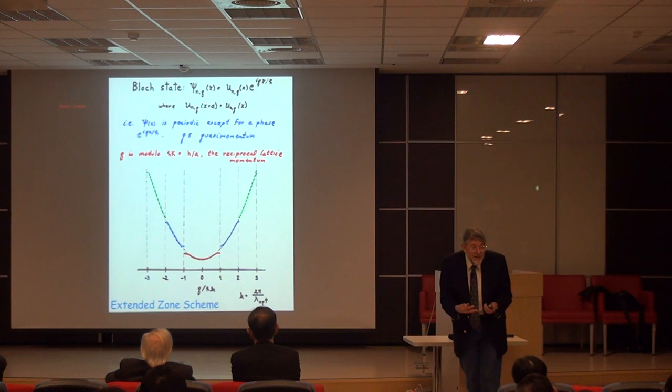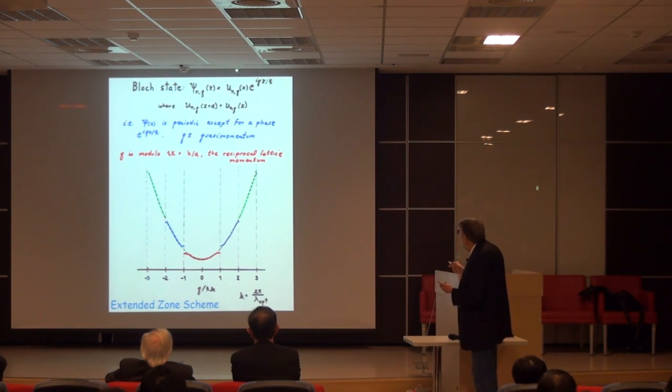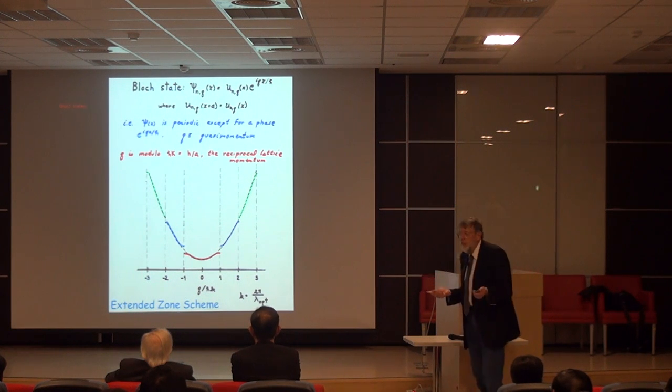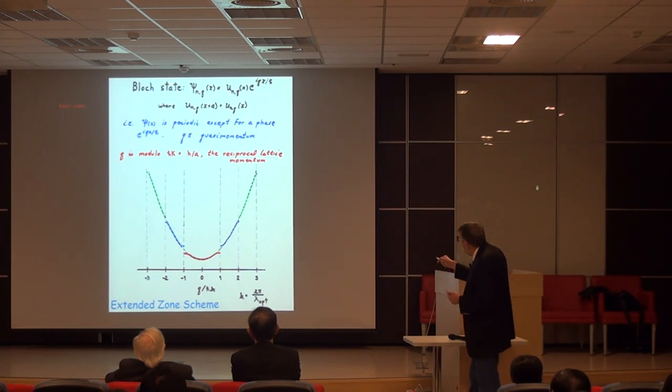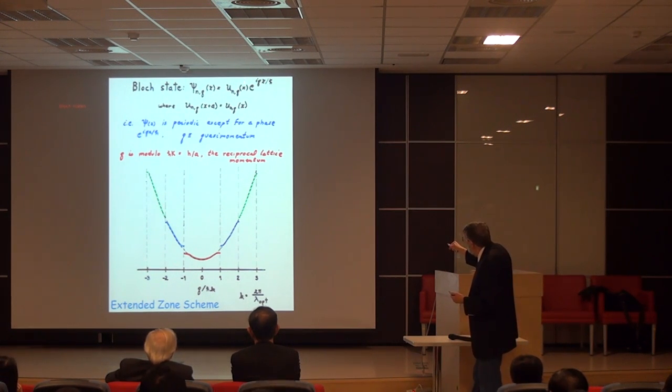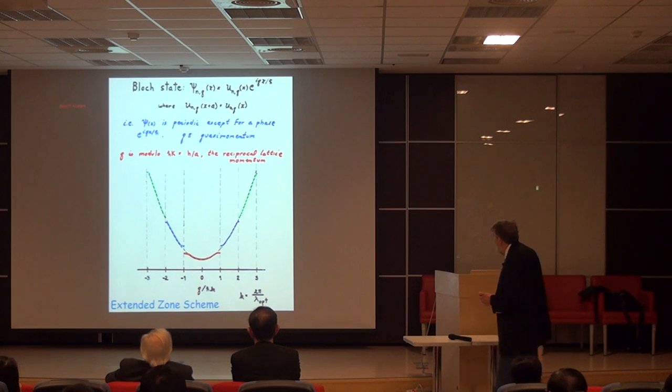If we were in free space. So we call the momentum in this function the quasi-momentum because we're not in free space, so it's not in an eigenstate of momentum, but it's in an eigenstate of this thing that's called the quasi-momentum. And the full wave function is the product of these two terms, this phase factor that varies in space in the same way that the phase of a momentum eigenstate would vary in space, and this function that's periodic in